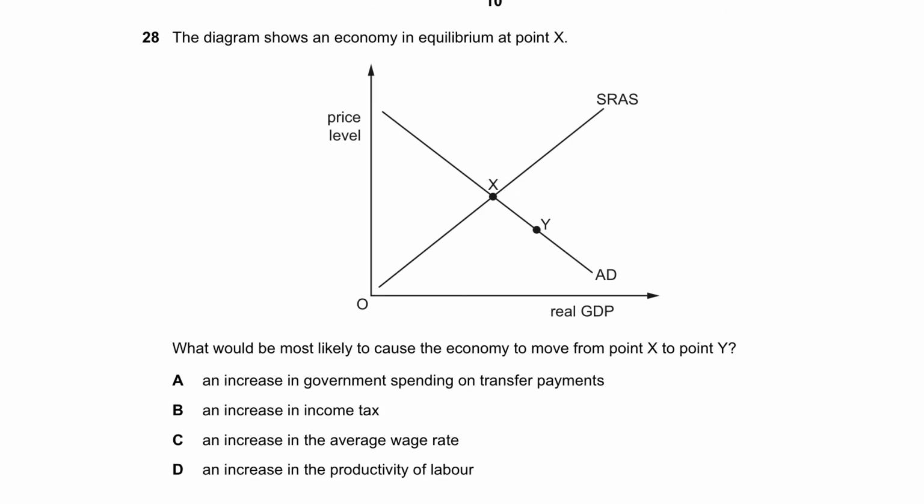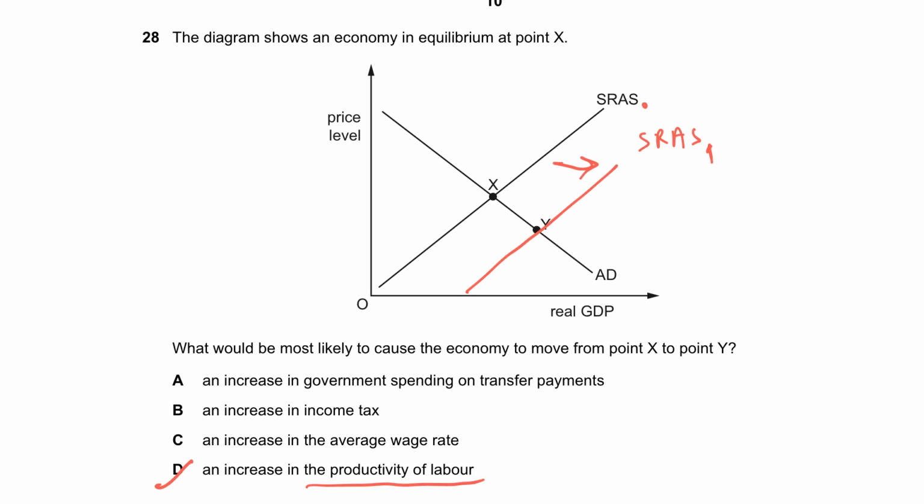The diagram shows an economy in equilibrium at point X. What would be most likely to cause the economy to move from X to Y? Well, if the economy moves from X to Y, SRAS has to shift to the right from SRAS0, let's say, to SRAS1. That means basically something which has to do with the supply side, and that's why an increase in productivity of labor is the right answer, because that makes the aggregate supply curve shift to the